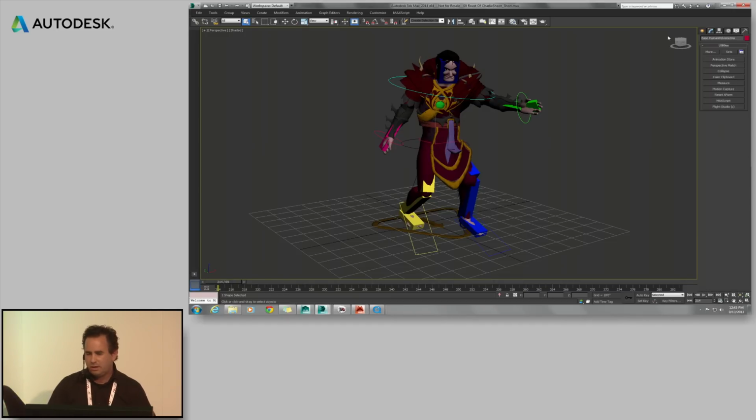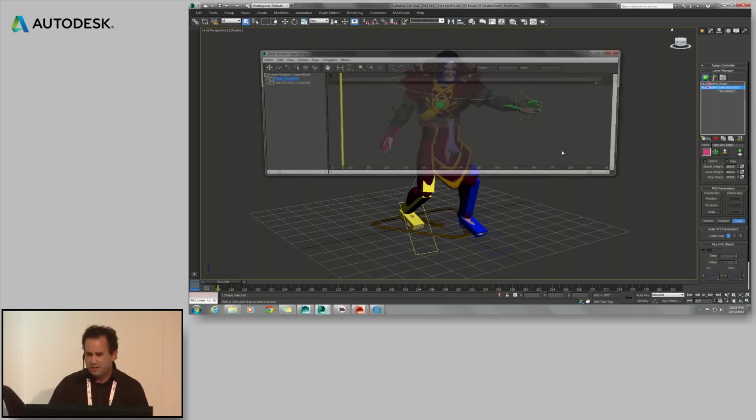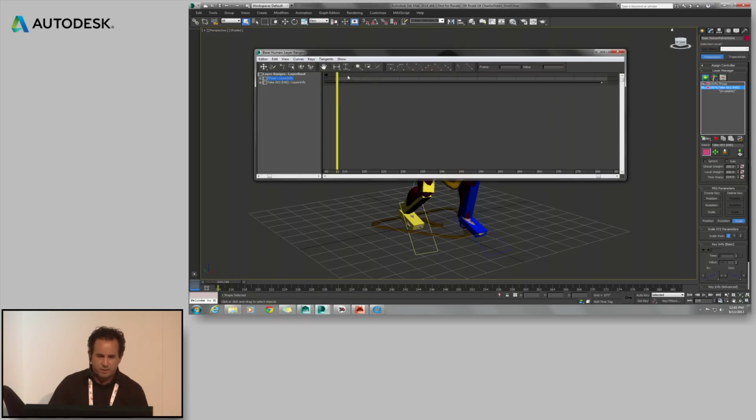But in CAT, you can quickly go into your layer system and go into this track view editor and quickly see all of your tracks for your